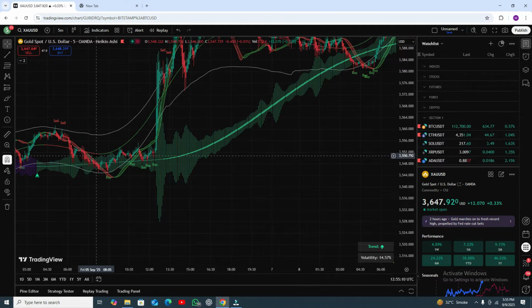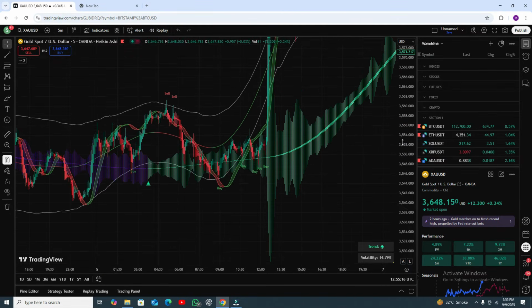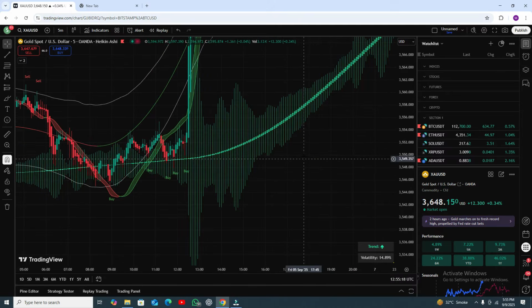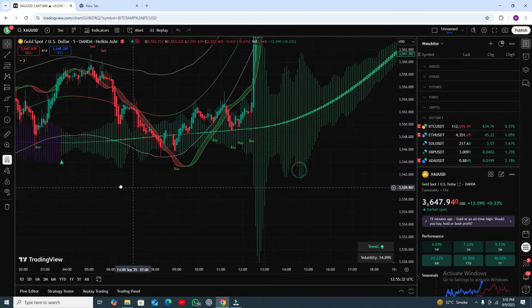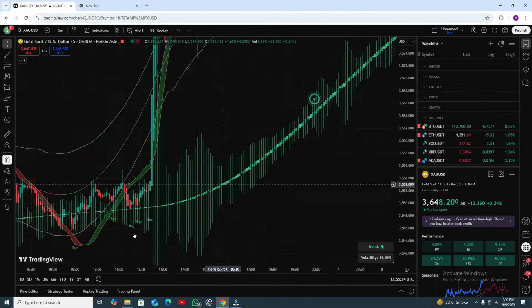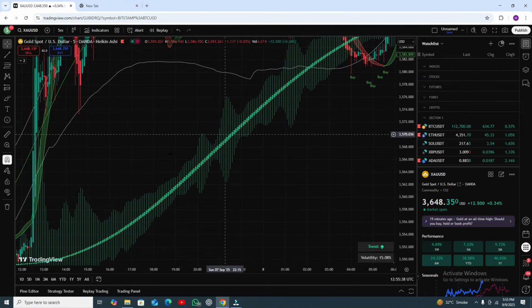First we need to add the indicator, and at the end of the video I will give you the names of the indicators and the settings as well. So the first rule: here you can see there are two indicators. The first indicator will give you the band line, RSI, and the buy and sell signals. The second indicator will give you this cloud. It looks like the Hull Suite, but it is not the Hull Suite.